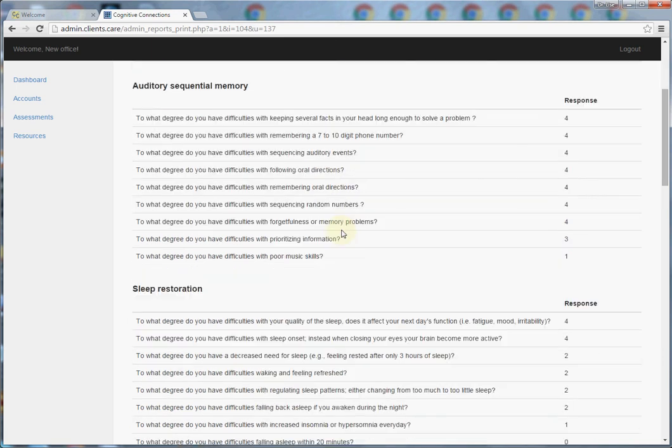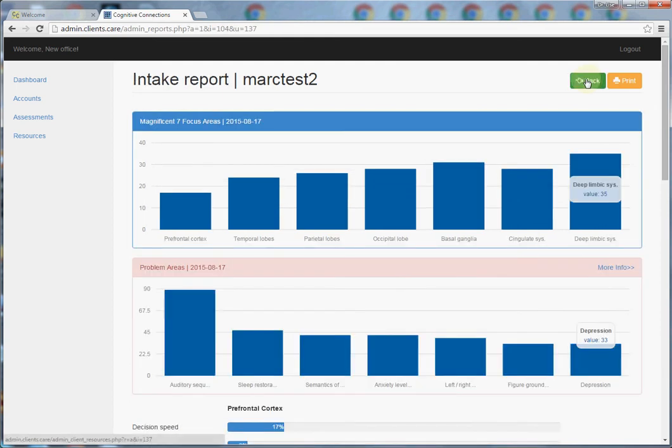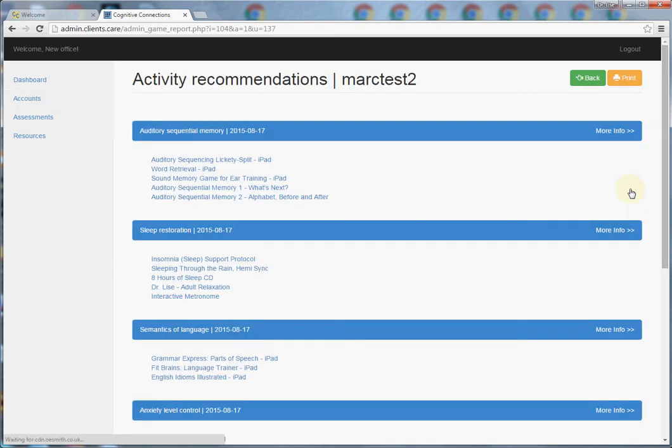And then if we go back, we're back to the report. Of course, it can print out. And we'll go back to our intake survey. What I'm given here are the recommendations, the activity recommendations. This is exactly like what is shown to the client. Of course, it doesn't have the